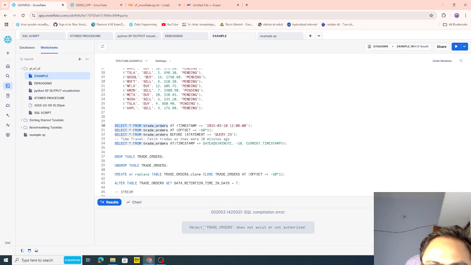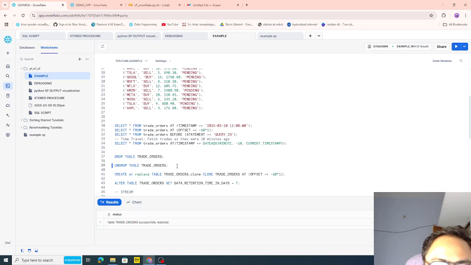See, it is saying that this object does not exist or not authorized, right? Now with the help of time travel, I can use a command like this, undrop, and it should restore the table. This facility is not available in the databases, the legacy systems and all, right? So with Snowflake,